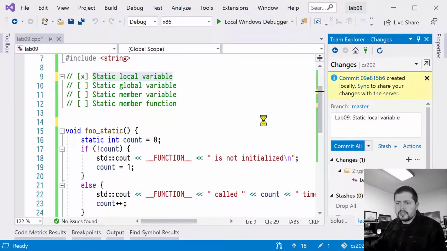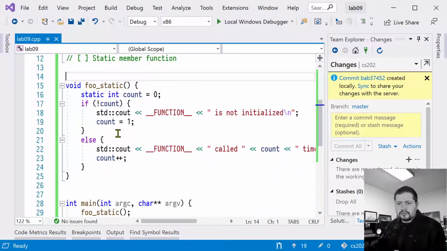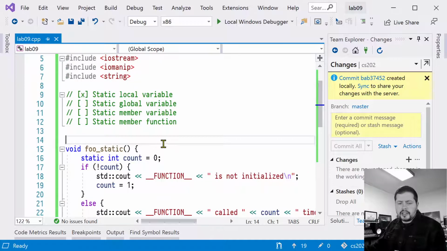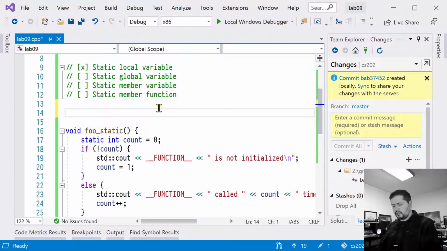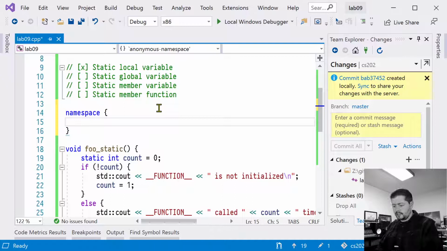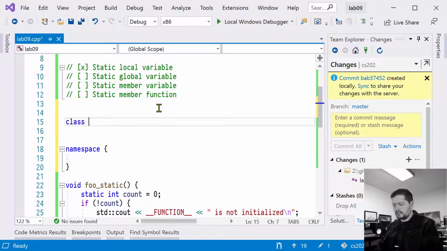Static local variable. So commit that, make sure that's saved, and then we're going to talk about a static global variable. All right, so for a static global variable, we have 2 choices here. We can initialize this inside an anonymous namespace. An anonymous namespace is a namespace without a name, and let's just say we have an object inside of this, which we probably need to write. We're going to write an object real quick called